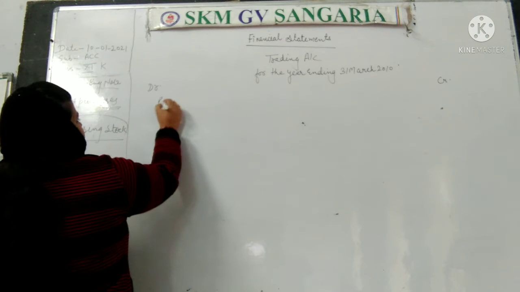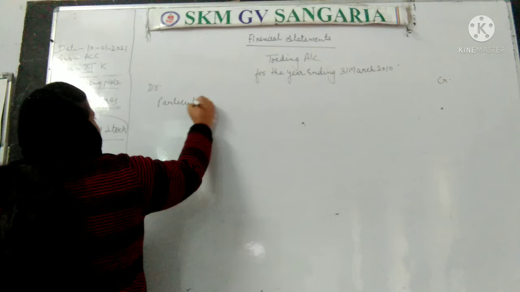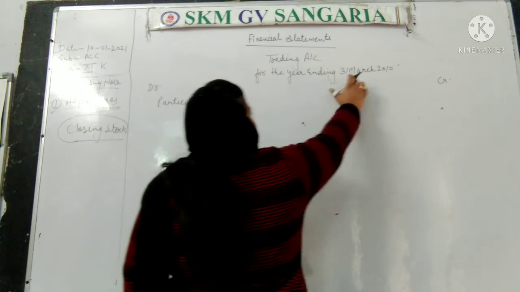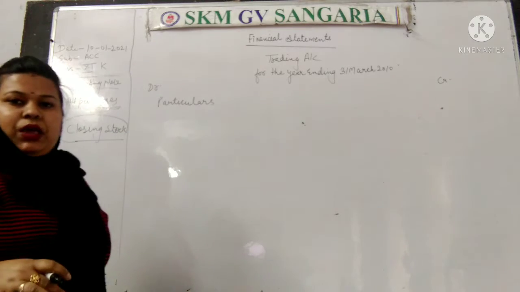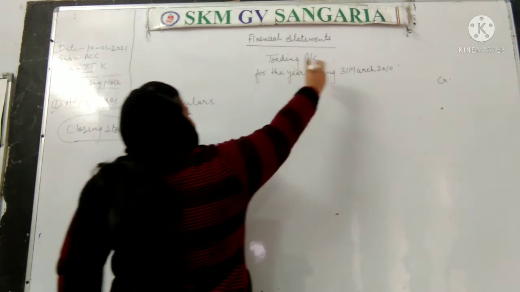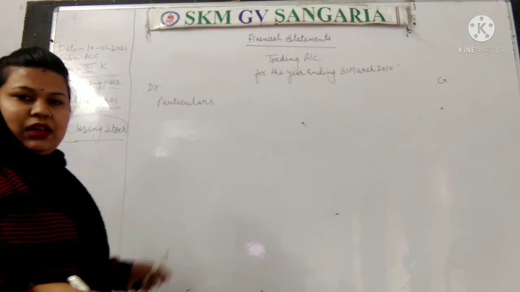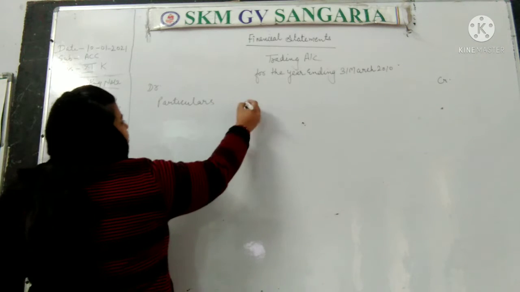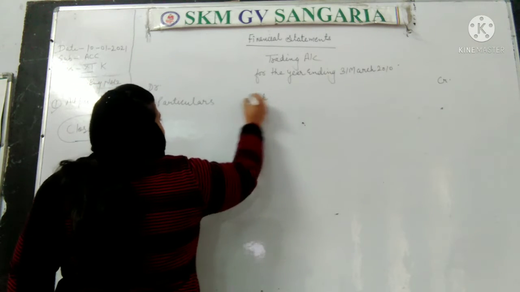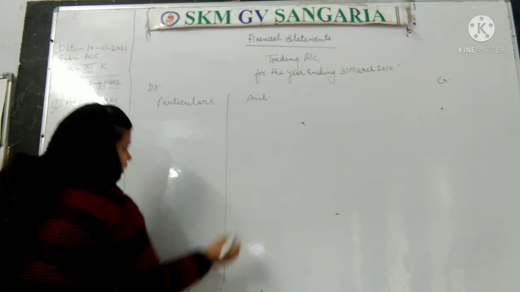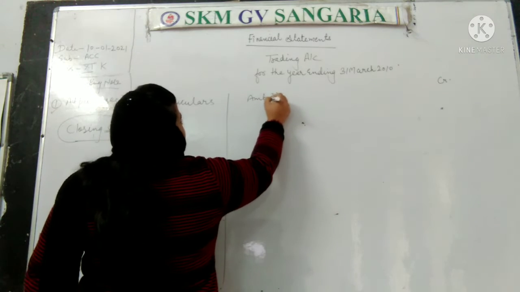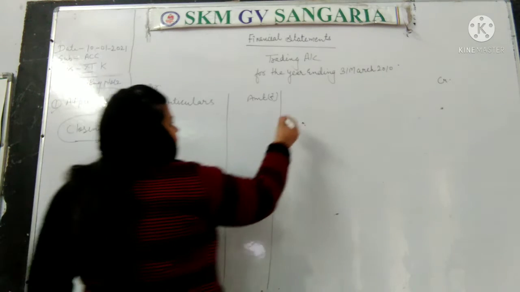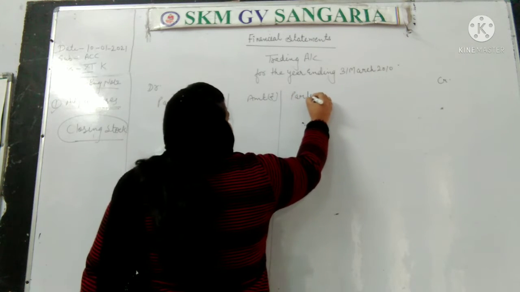Okay, so particulars. In this, the date column is not prepared because the date is written at the top. ओके, डेट को ऊपर ही लिख दिया जाता है कि कब के लिए बनाई जा रही है, इसलिए अलग से इसका कोई भी कॉलम नहीं बनाया जाएगा. Then we will write the particulars and amount. Amount will be written in rupees. This is the debit side. Then we will make the credit side particulars.